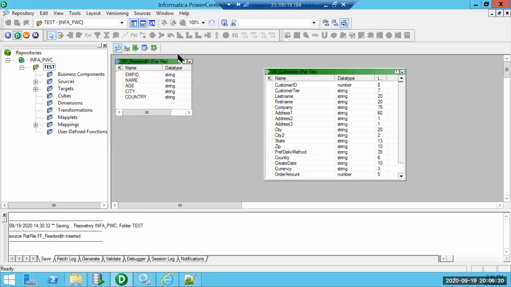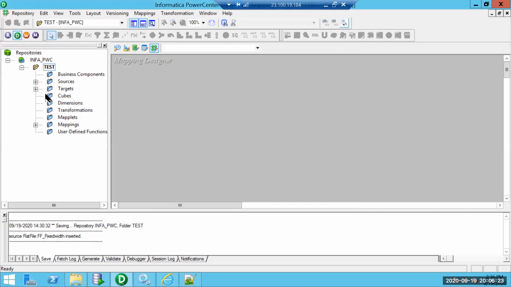But usually what happens with fixed width is we have an additional overhead of doing an L-trim and R-trim, because we cannot have all the data with the same length as in fixed. Let's suppose employee ID we have fixed as 2 characters. We cannot ensure that all the employee IDs will have 2 characters, because some employees have IDs between 1 and 9, so they will have a length of 1. In those cases we are adding an extra space, so that has to be removed. We will see how that will be removed.